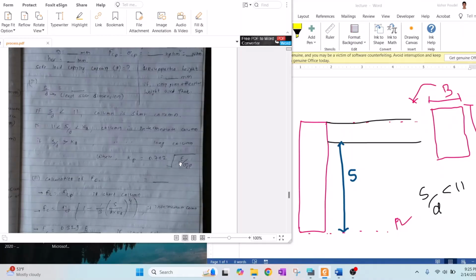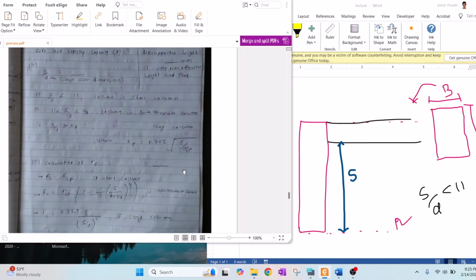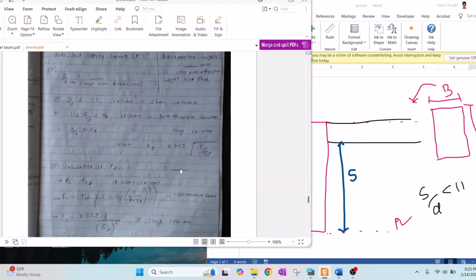So what is E here? It is the modulus of elasticity of the material, that is wood, and its value depends on the type of wood. For example, its value may be different for different types of wood, such as sal, deodar, or mango. We can find the properties of these woods in several sources, and use that value to calculate K8. Whereas sigma CP is the permissible compressive strength for that wood,